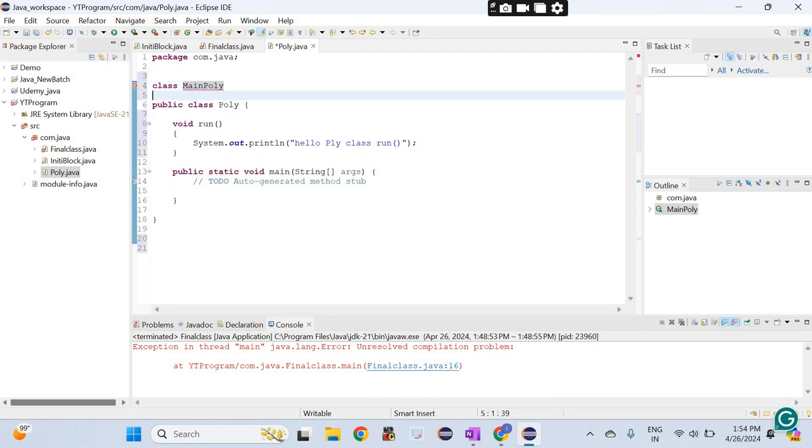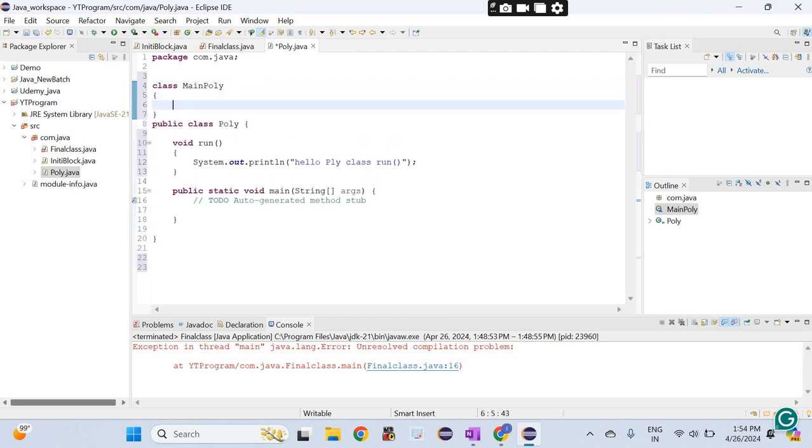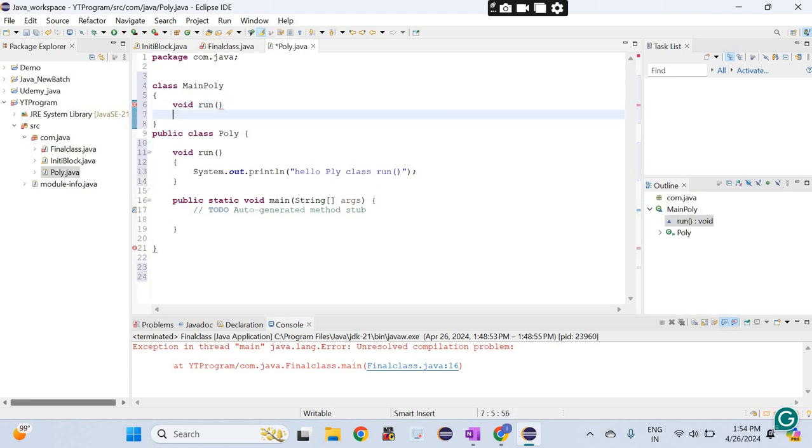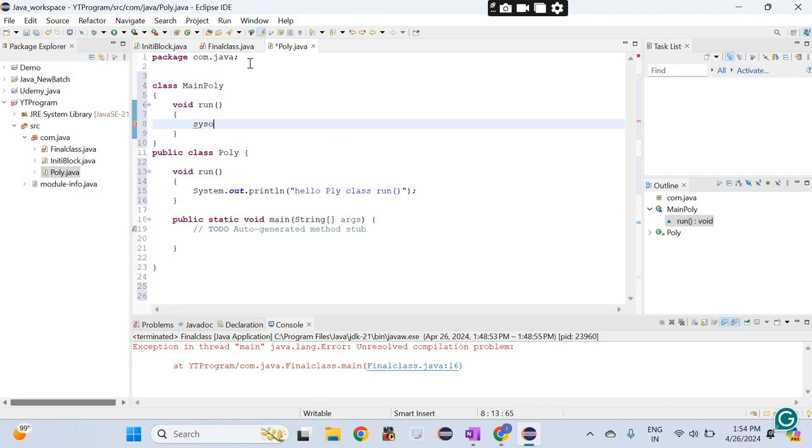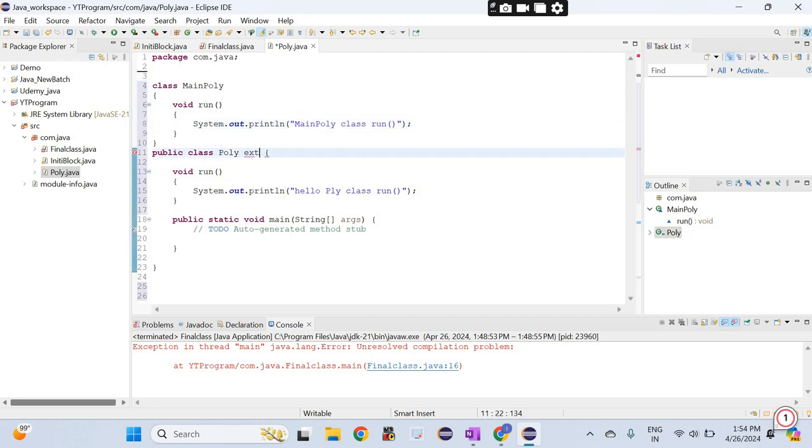In this class I have also created the same method. I have written "main poly class" and "hello poly class run". These are the two methods I have written. In this class I will extend the main poly class.